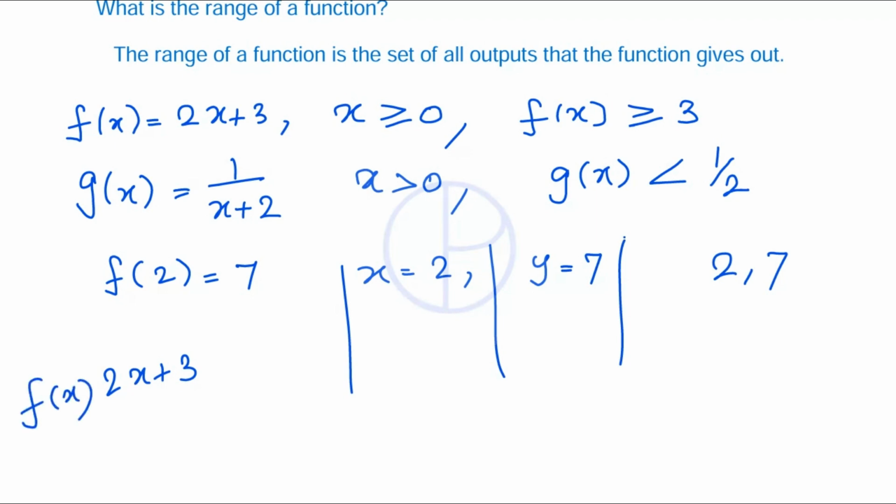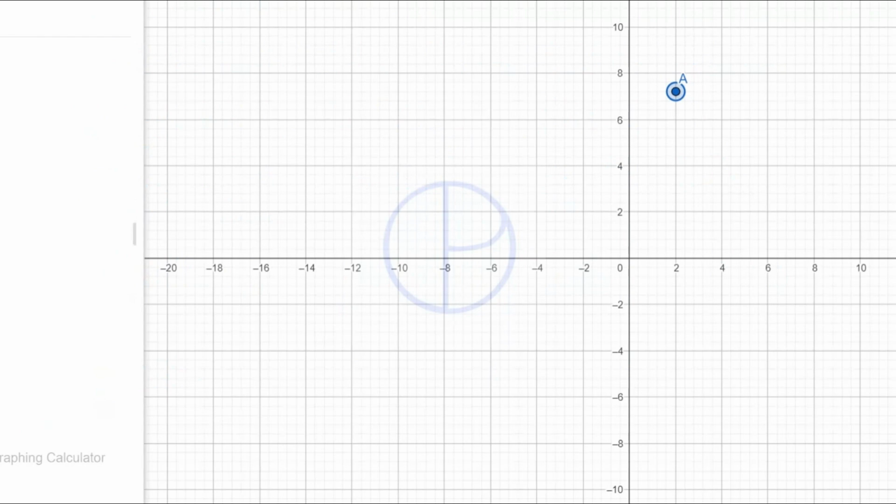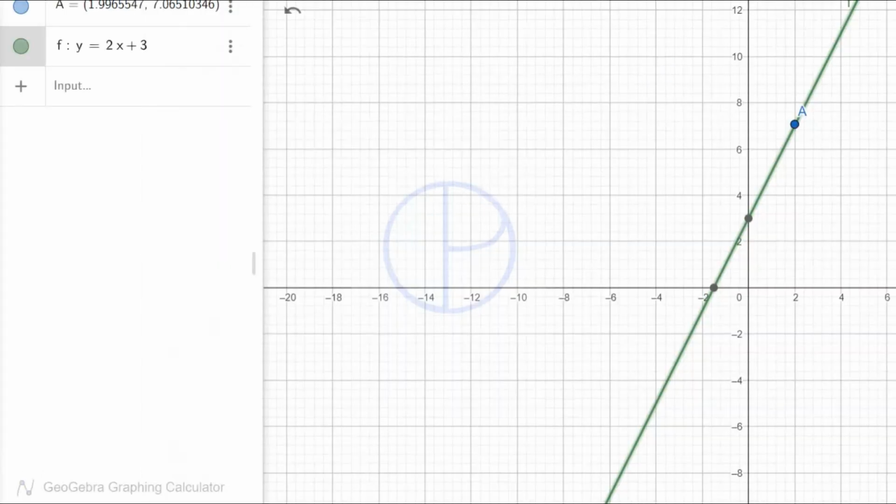Okay, first let's mark the point 2, 7 in the graph. So you'll get a point like this. So it's going to look something like this. Okay, and all the points that are on this graph are part of the domain and the range. So any point on this graph is going to refer to the domain and range. Okay,